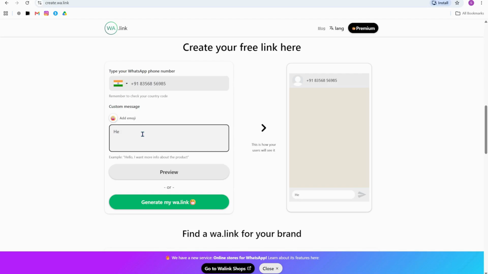For example, when your customer visits your WhatsApp, they can send an instant message like hello, or do you still provide services, do you have this product, or something like that. Whatever you want you can put here, or you can put hello, I want to know more. So this is what the customer will send you, the first message. Okay, just click on generate my link